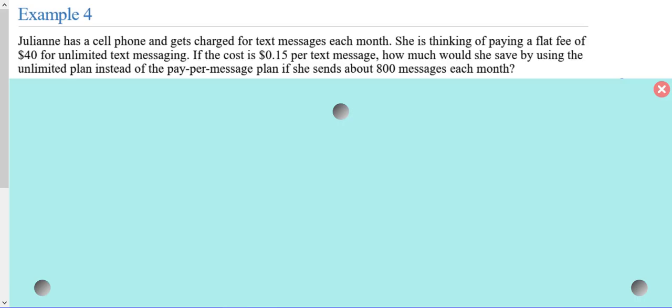In this video, we're going to explore comparing different price options companies may offer you and how to determine which is the better. So, the first example,